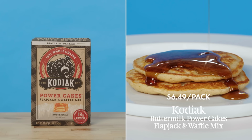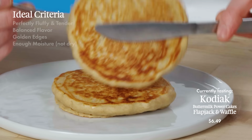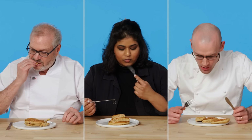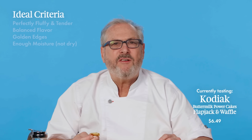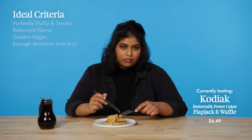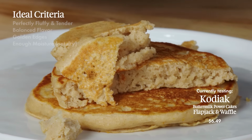Kodiak Power Cakes, Flapjack and Waffle mix. Nice crispy ring. It's probably whole grain flour or 7-grain flour or something like that because it's very brown. It tastes very raw. It's wet almost, like it's not fully cooked. It's not raw, there's nothing oozing out from the middle of the pancake, but it's still gummy, like you can